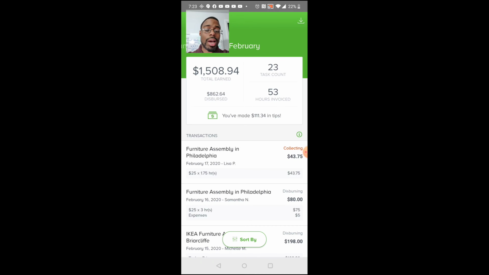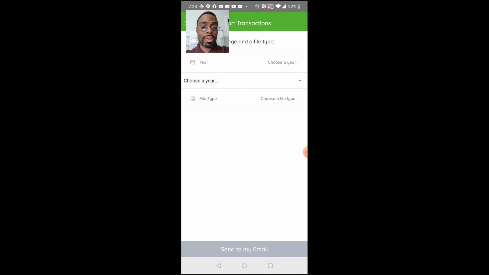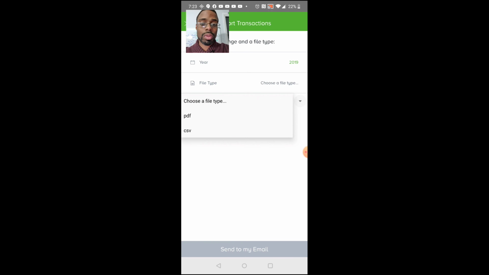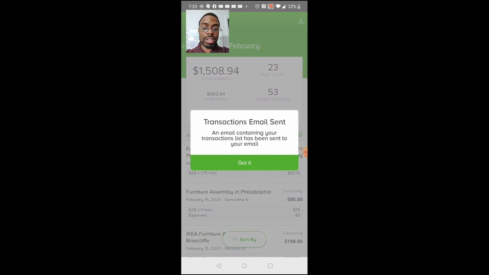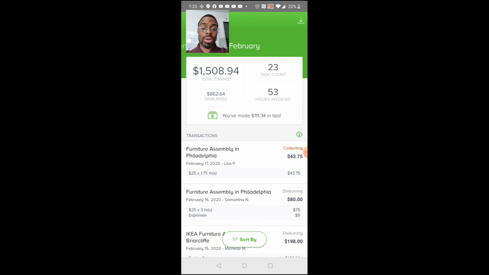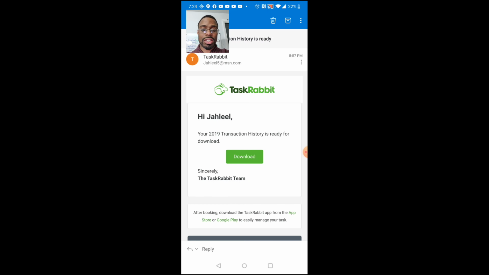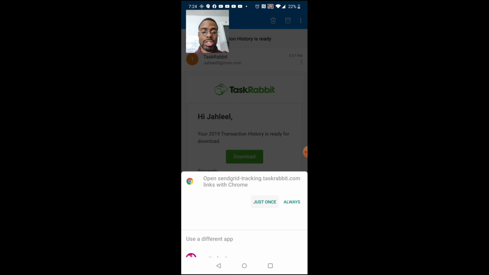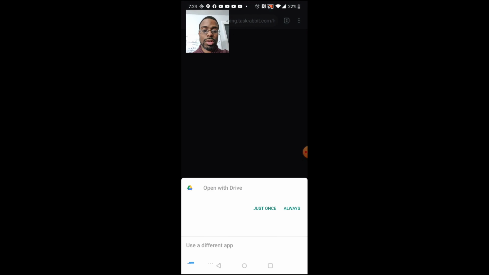So on the very top to your right, you're going to see an arrow pointing down. You're going to push that, and you're going to push the year, let's say 2019 that we want to check. So I pick the file type, which is a PDF, and then I send it to my email, and transaction email sent. So in a short while, you should get your transaction statement and everything explaining it. The transaction history is right here. I press download, open it,